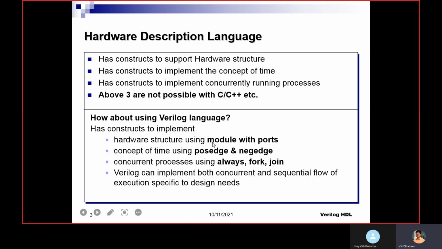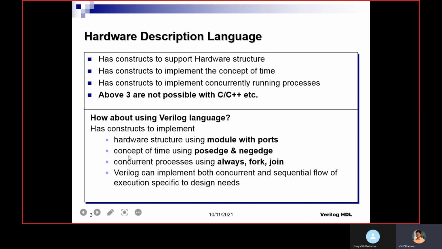So this is used to create the real hardware structure, and we have predefined primitives like NMOS, PMOS, AND gate, NAND, XOR. All gates are available as predefined primitives. With the help of that, we can implement the actual real hardware of the gates or logic.